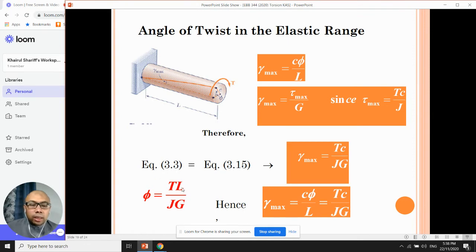So what is the J? What is the G? This one: shear strain max equals torque max divided by the shear modulus. Since the tau max is Tc over J, you need to understand what the T, C and J mean. T max is the maximum torsion, and T is the torsion that has been applied, and then C is the